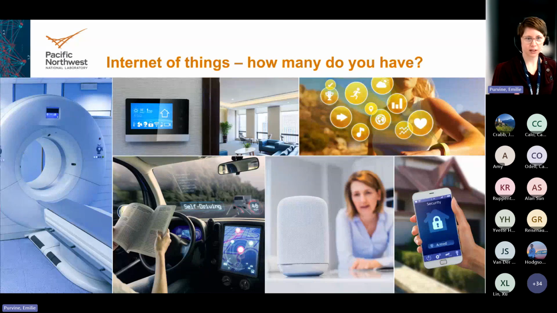So first thing, setting the stage, Internet of Things is everywhere we look now. This slide is a little bit old, so it's even more prominent. And so the importance of studying cyber data and analyzing it is